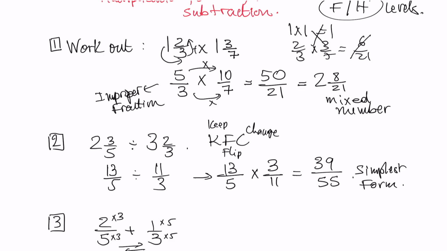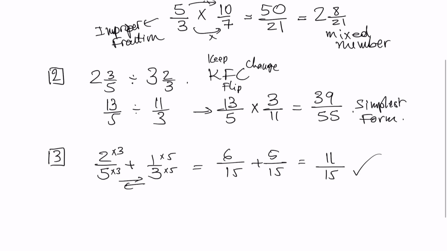And now calculate. So 2 times 3 is 6 over 15, plus 1 times 5 is 5 over 15. Now, because you have the same denominators, you can add the numerators. 6 plus 5 is 11. And this is the simplest form. And it's a proper fraction. So this example involved only fractions. There are no mixed numbers. We can use mixed numbers in the